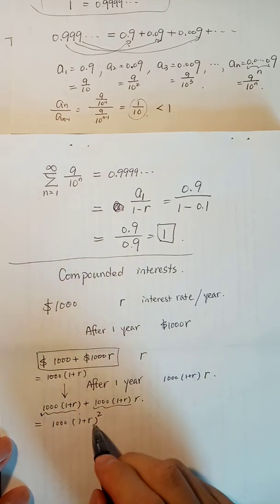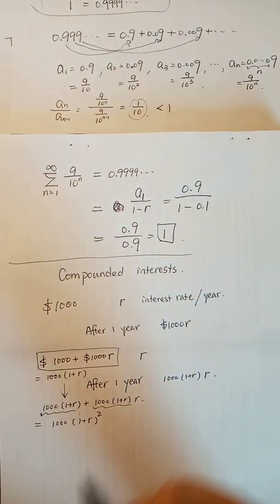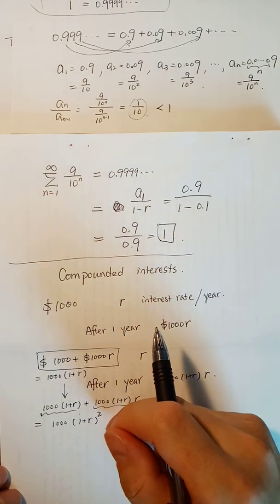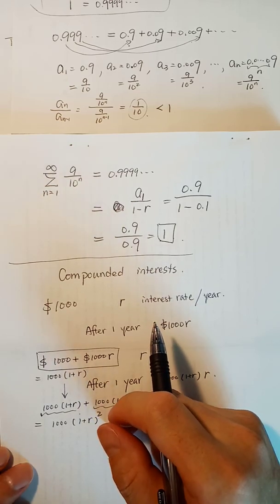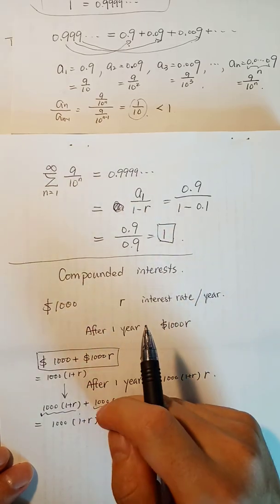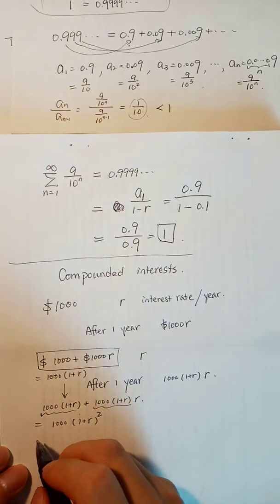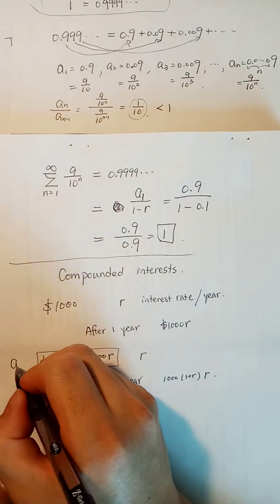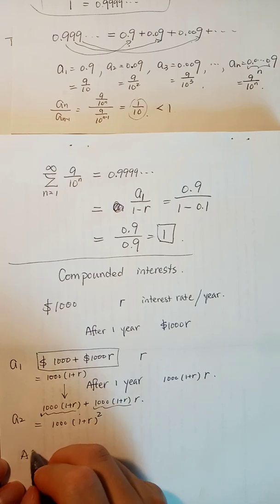This is 1, this is R, it's R squared. So you can see that the amount of money you get after several years is actually a geometric series. This is the quantity after 1 year, this is the quantity after 2 years. So after n years,